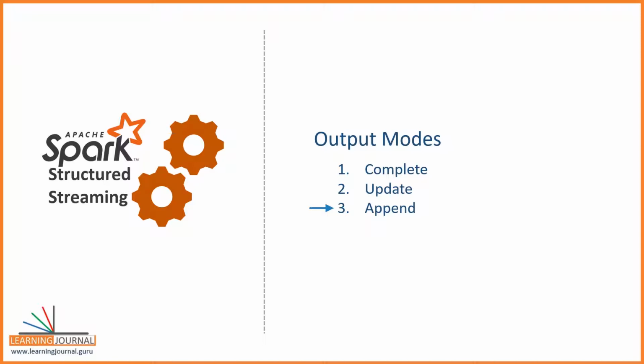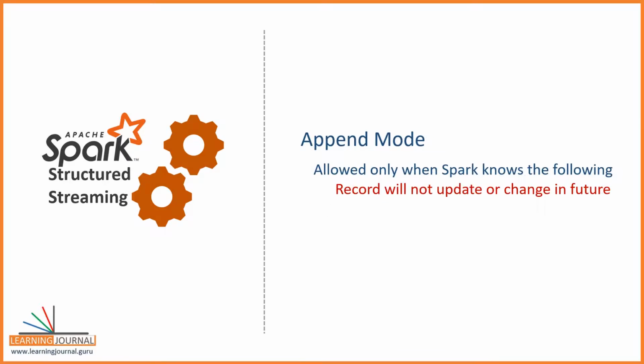Finally, we also have an append mode. The append mode usually is not allowed on aggregate queries. Using append mode on aggregate queries will throw an analysis exception. I showed you that in the word count example, right? Now the question is this: why is append mode not allowed on aggregates? The answer is straight. Spark allows this mode when it knows that the record will not change in the future, because the append mode is designed to output a record only once. When you are computing aggregates, Spark knows that the aggregate values might change in the future due to late events, right? Hence, Spark does not allow append mode on aggregate queries.